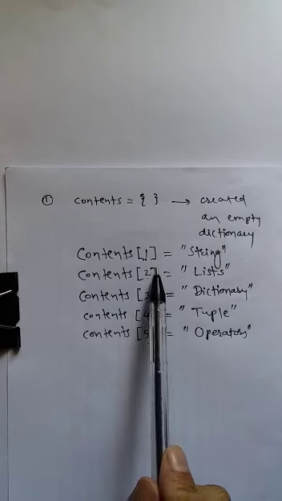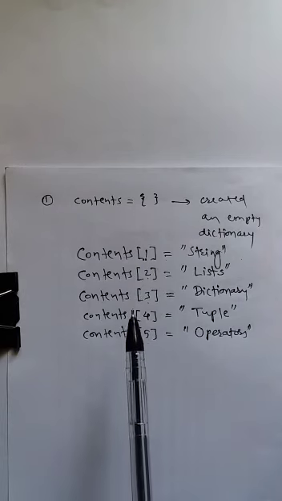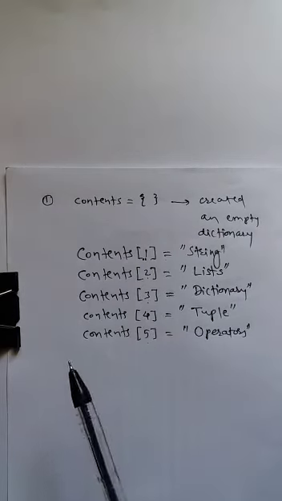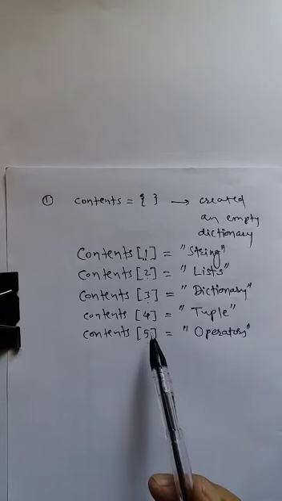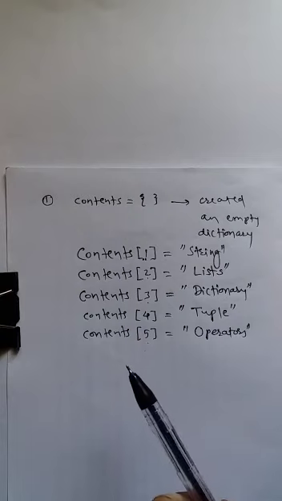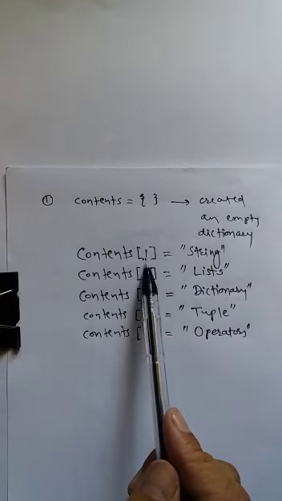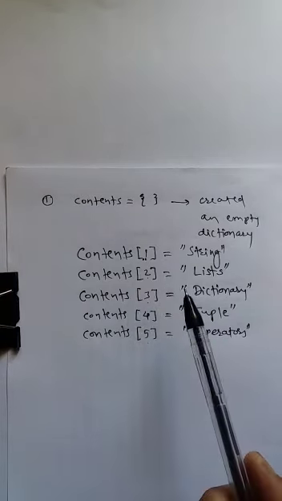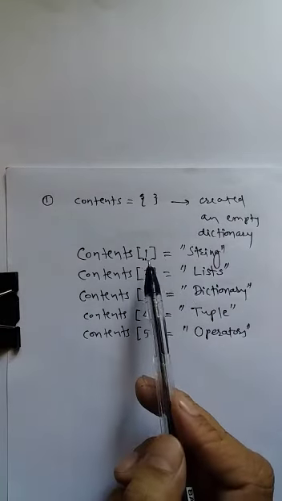That index is a numerical value and it starts from 0. Now when it comes to a dictionary, what is the index? Is it necessary to have a numerical value only as an index? No, it is not the case. That index may have a numerical or alphabetical value. It may be in the form of a string also.